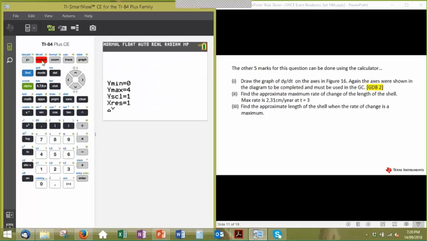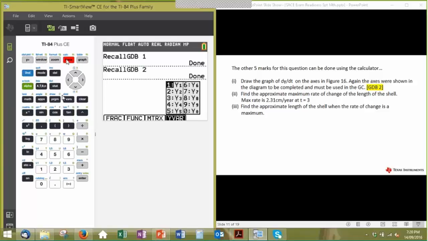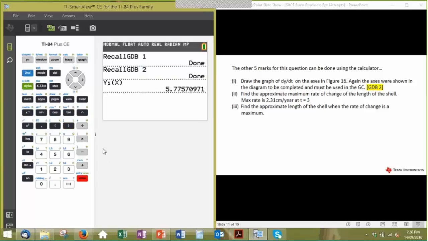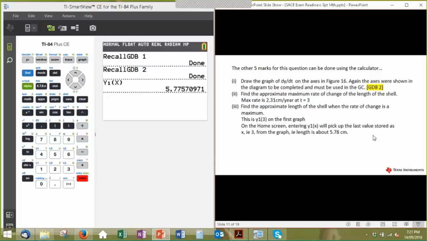So what we need to be able to do is actually calculate y1 at the value. Now, the last x value that was in there was 3, and I'm just going to try this, John. I'm just going to put x in there and see what happens. And yeah, it did it. The x that was stored last in the calculator was that value that I was looking for, and it gives me the maximum value as 5.77. That's nice, Carol. Nice touch, that. Yep. So that's worth knowing about, I think, usually.